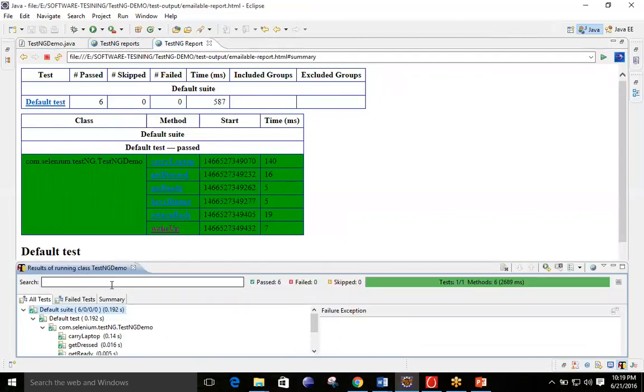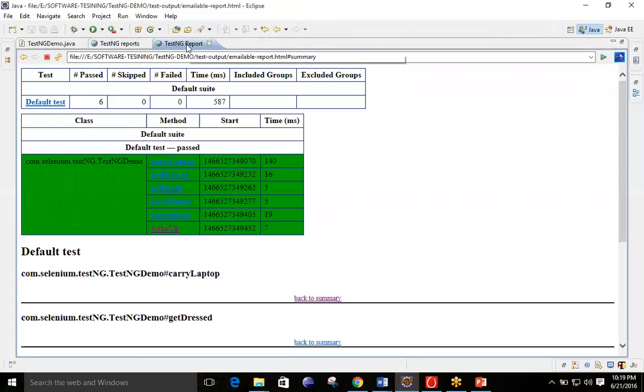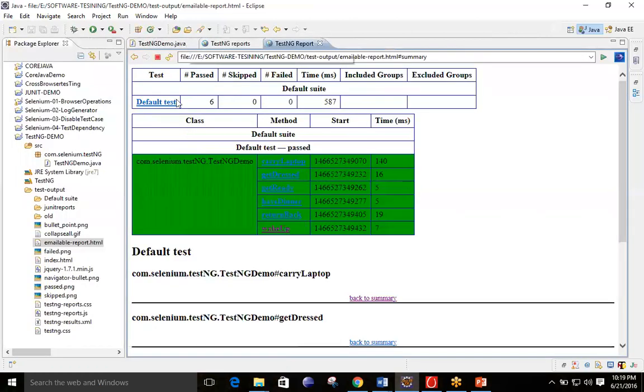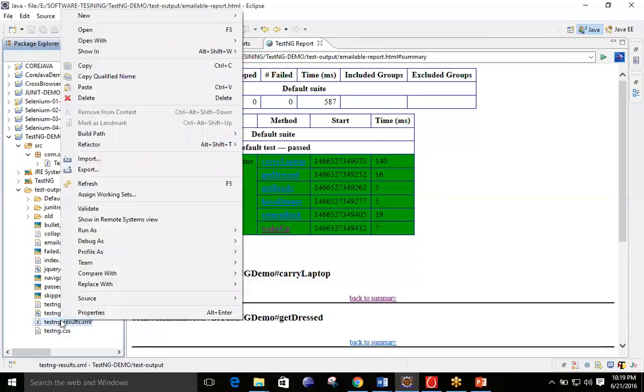This is similar to the JUnit only. So here in TestNG we have different types of reports, but in JUnit these were the only forms. Now the question over here is how we can check whether this is correct or not. That we will discuss in the upcoming TestNG section.